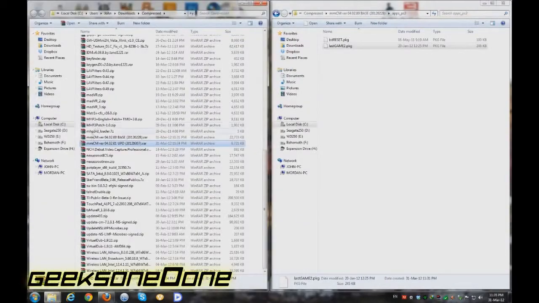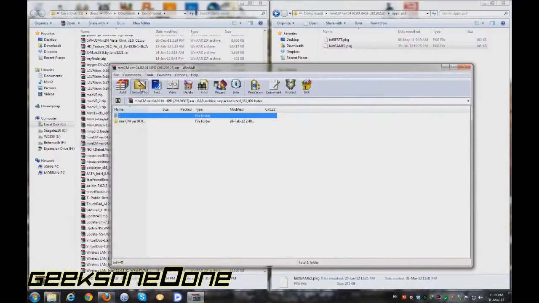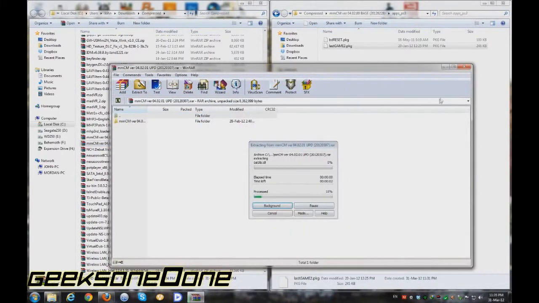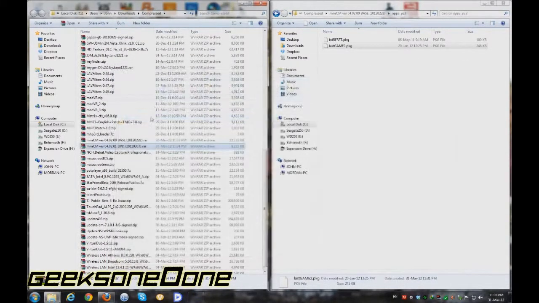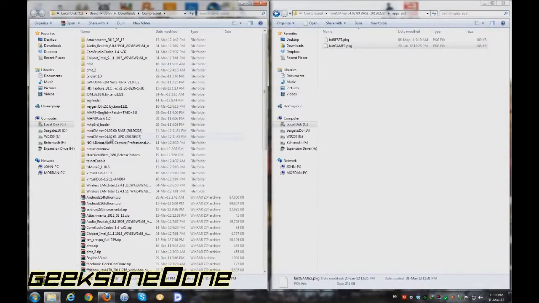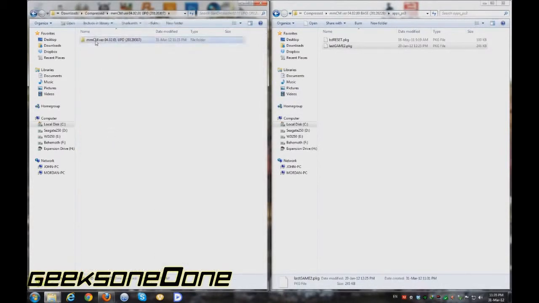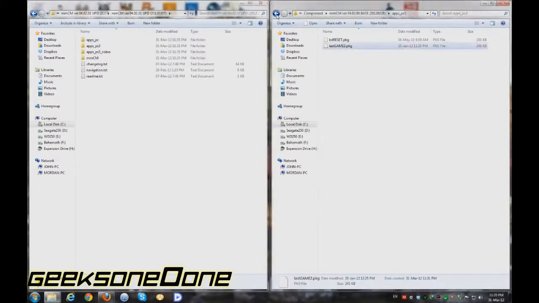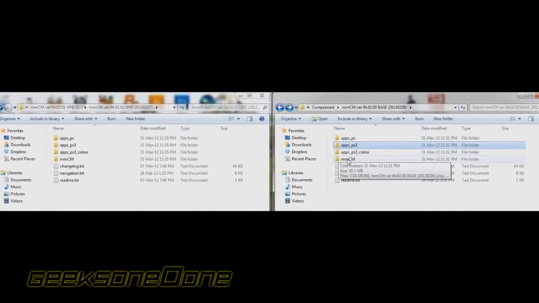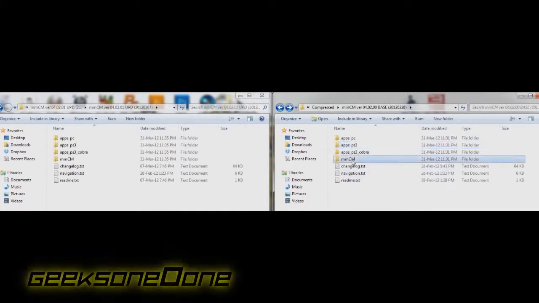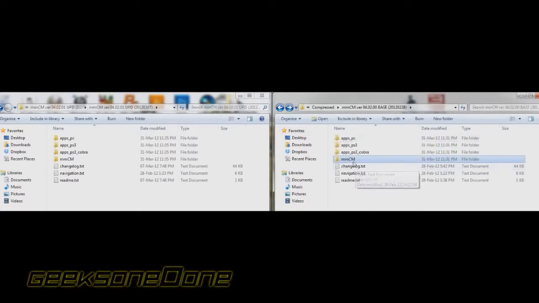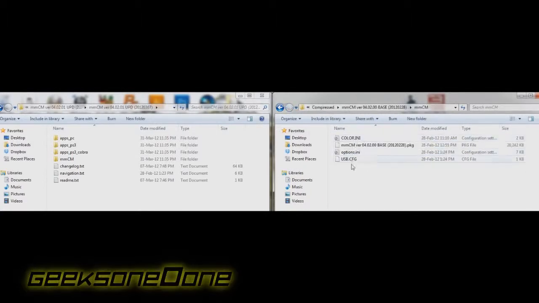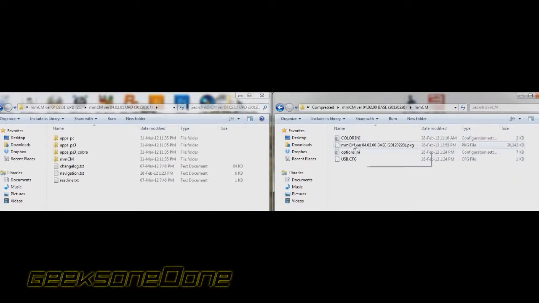Okay, and this is the update. So double clicking and extract to again, closing this, going up. This is the second file. So what you basically need to install first is this mmcm, and you can see here it has some files and stuff, but basically you only need this one, mmcm ver